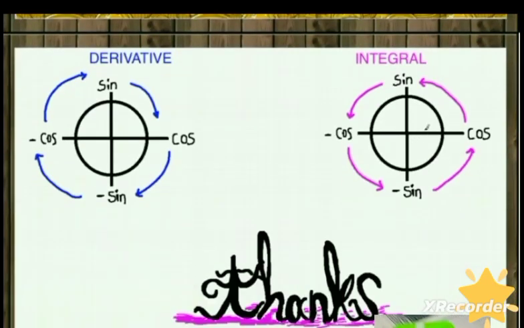And this is also a fast technique to find derivative and antiderivative of trigonometric functions. So if you go clockwise, you get the derivative of each trigonometric function. And cosine